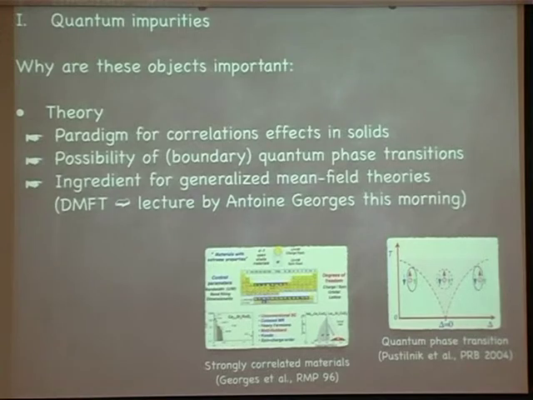They are, and this is what we just learned from Antoine's beautiful lecture, the ingredients for generalized mean field theories. I'm going a little bit beyond DMFT. The DMFT is basically the simplest version of that. He told you if you want to include short-range correlations, you might want to consider cluster mean field theories, and in that case, you have not only a single site or atom, but a collection of atoms on a certain connected lattice, which generate your quantum impurity.